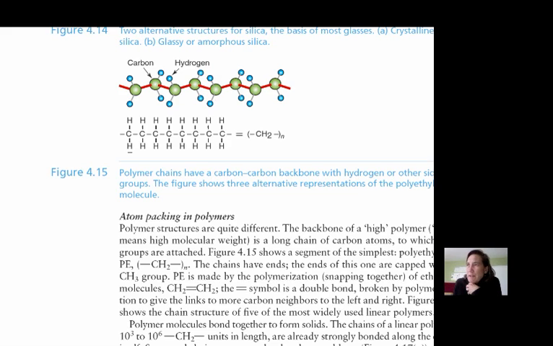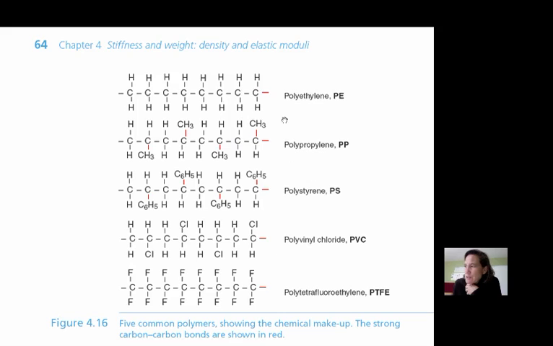If you go to the next page, you'll see a number of other polymers pictured there in the simple form. Again, here's the polyethylene, the one we just looked at, and then these are other types of polymers I'm sure that you've heard of: polypropylene, polystyrene. You can see that the difference between these molecules and polyethylene is that they have different pendant groups on the sides. So that's essentially the difference between polymers, the different pendant groups that you get off the side,